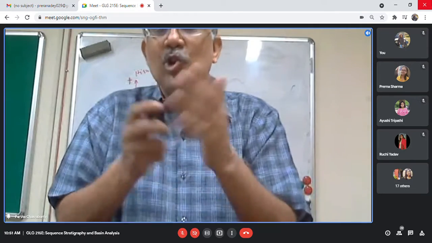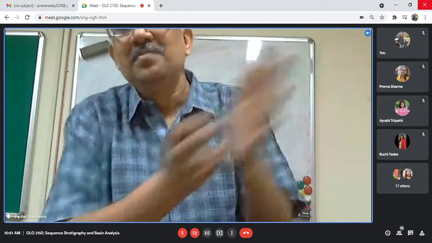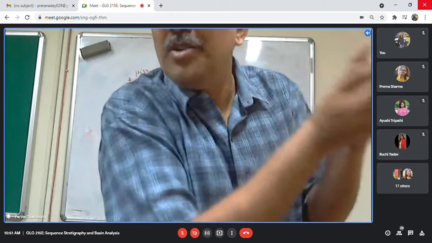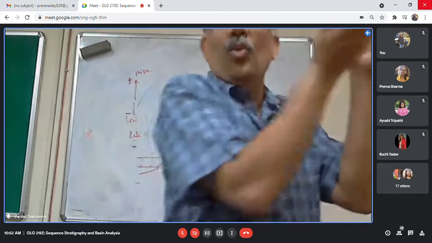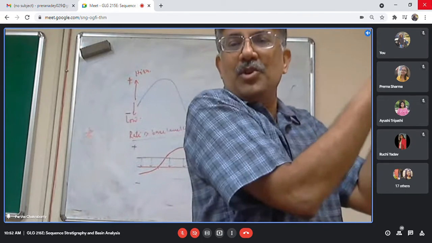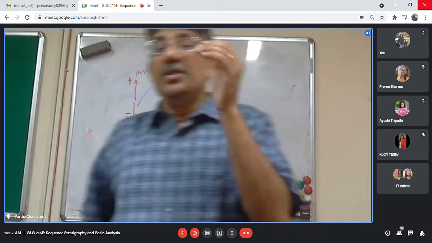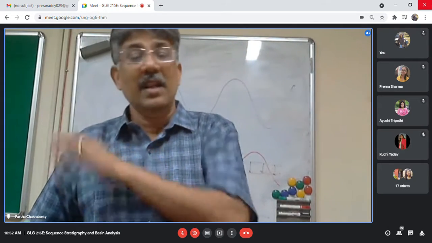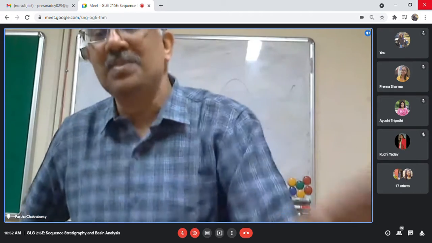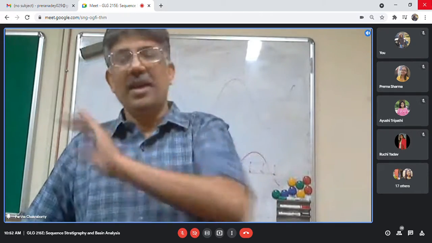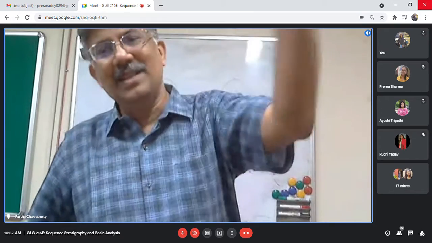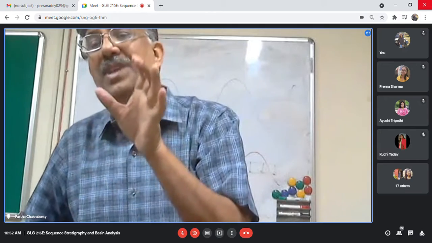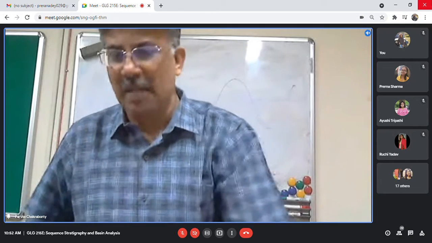So if the shoreline moves landward, definitely the base level of erosion will also move landward, because the whole water level increases and the base level of erosion will also increase. So these two, please remember it very carefully and keep it in your mind. I have seen there is no clarity on these things in any mind, forget about students. In most of the scientists I have talked to, I have seen people basically mix these two. They are not the same.